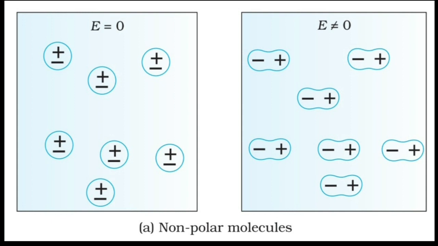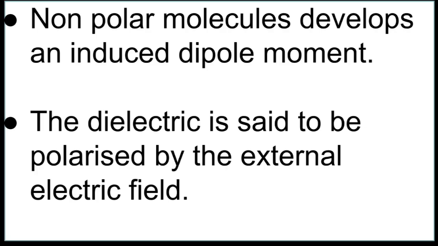Because of that, we can say that each molecule has become an electric dipole. So each molecule has got an electric dipole moment. Got it? And there will be a net electric dipole moment for the sample as a whole, because each molecule has a dipole moment, and these dipole moments get added up to give a net dipole moment for the sample of these non-polar molecules. So we say that this dielectric is polarized. So let's go through the slides.